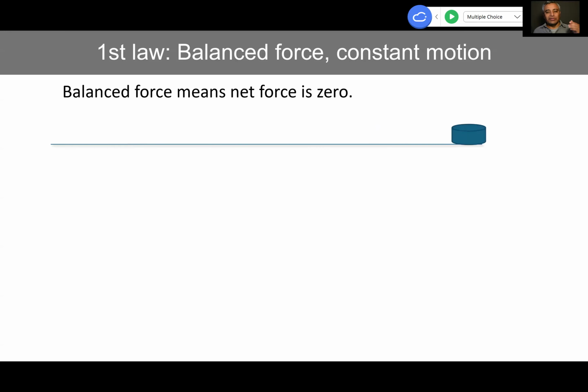So we may think, okay, in the absence of force, the object slows down, but that's not the case here. The object slowed down because of the presence of the friction force. If the friction wasn't there, it wouldn't slow down, just like a puck on the ice. What happens? It just keeps sliding with the same velocity, same speed, in the same direction, right? Unless someone applies force on it, it just keeps going until it hits the wall, and it keeps moving with about the same speed because friction is negligible